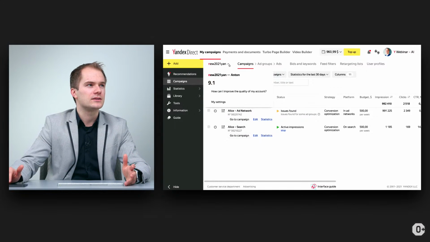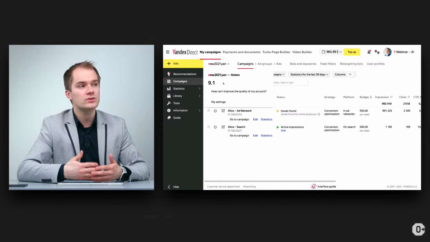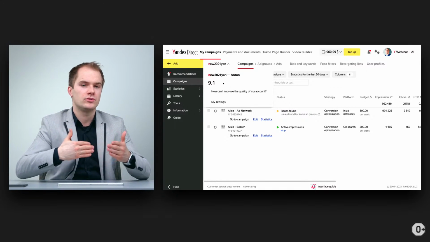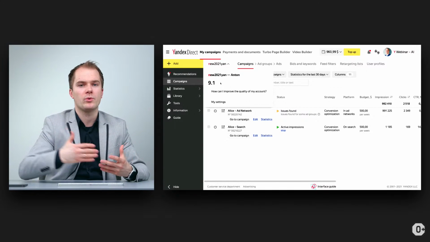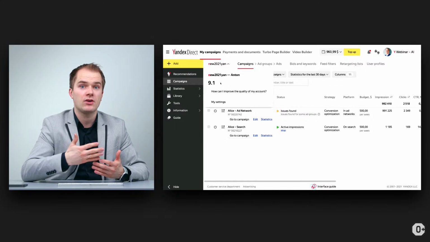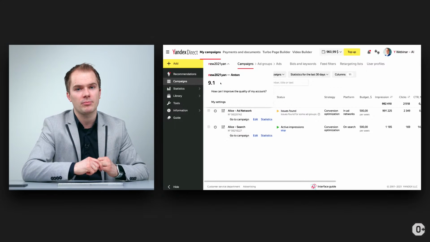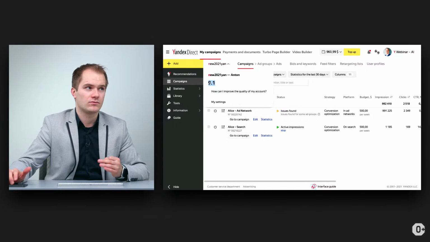and over here you can see the rating, which will give you a summary of the quality of your account. This number is not exactly used by Yandex to differentiate between different accounts and different advertisers, but this gives you an impression on whether your account is structured well and good enough, using different campaign types and different ad extensions. On the level from 0 to 10, we've got at the moment 9.1, which is really good